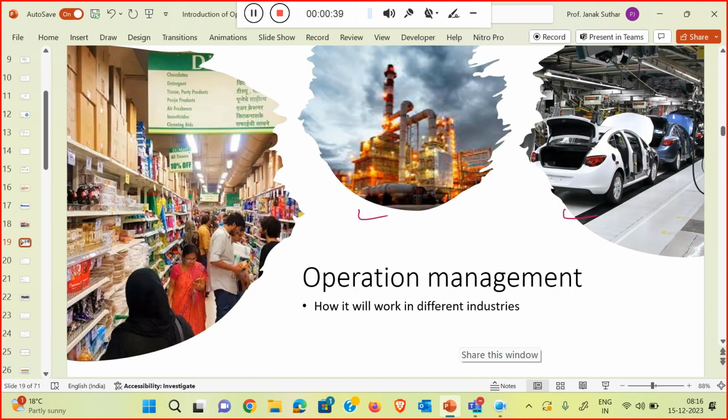that may be the automobile, the oil industry, and as well as, operation management is also applicable in all the service industry. In all the service industry, you will apply operation management to reduce the unnecessary movement of the people, to improve the layout. So the layout of that particular service organization should be like that: every customer-related movement, how we can reduce and optimize. So it reduces unnecessary time wasting, and it improves the efficiency